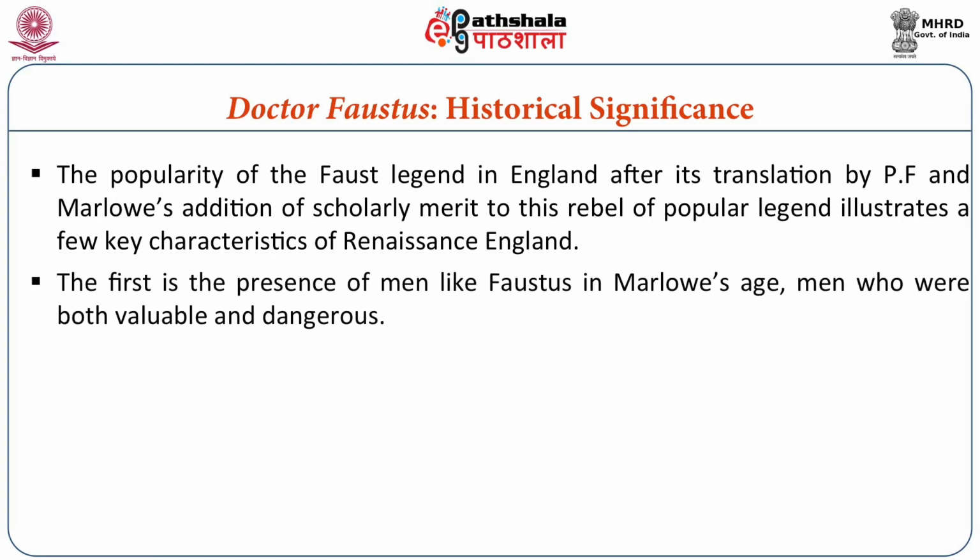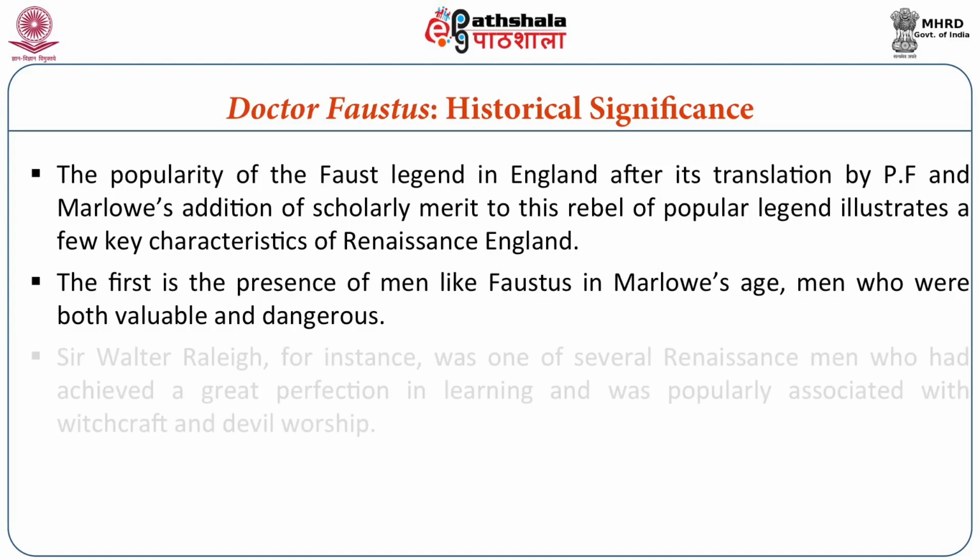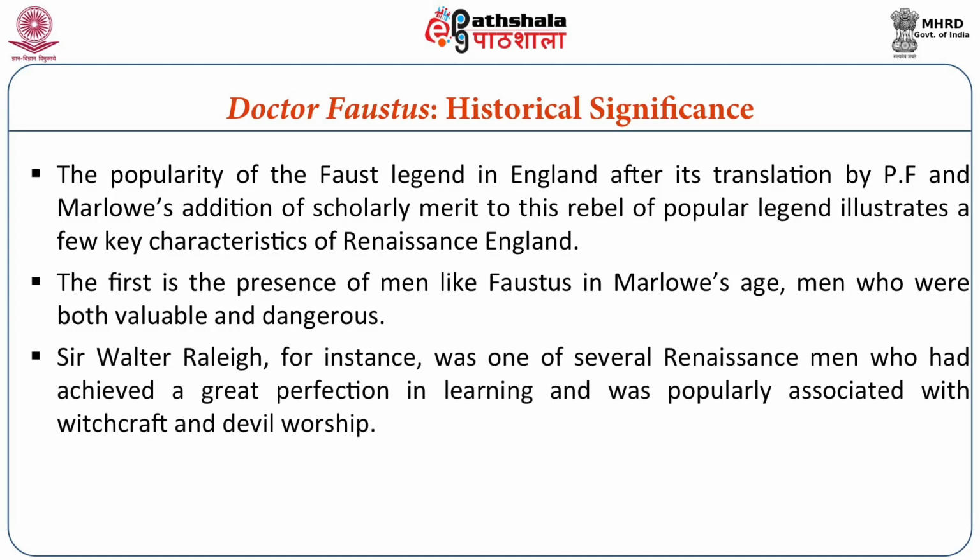Christopher Marlowe's text also draws upon English society of this time, which had a few key figures such as Dr. Faustus, people who were both valuable, who are knowledgeable, but who were also dangerous. One key person such as this is Sir Walter Raleigh, who was supposed to have achieved great perfection in knowledge and learning, and yet was also said to dabble in witchcraft and devil worship. So this association of extreme learning with witchcraft and necromancy is something that was a popular trope in Elizabethan times,